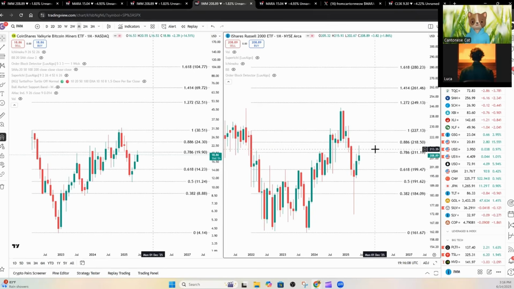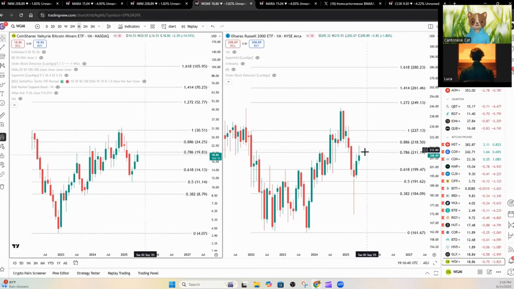What I'm trying to show you is that this is all a liquidity game. Whenever there's sentiment and liquidity going into small caps, and Bitcoin miners are small caps, I think they would benefit from that liquidity. And I think that once IWM starts to make all-time highs again, the miners will end up flying together with it as well. Because if you start the Fib level sequence from February, or I guess this is January, February 2022, to the bottom over here, you can see how they line up very well with the Fib levels. They basically are the same.